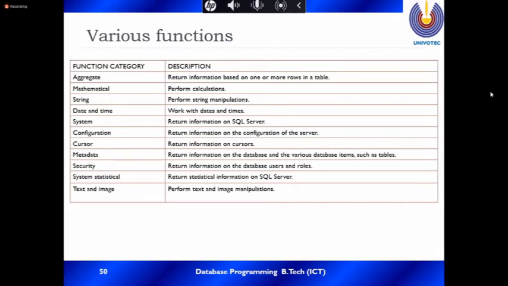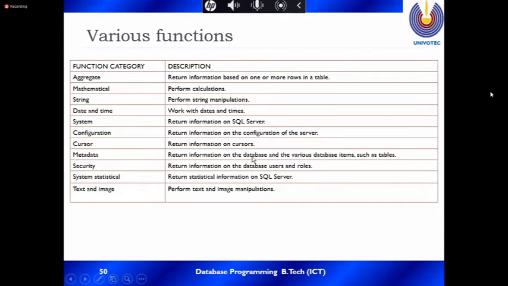Date and time functions work with dates and times. System functions return information on SQL Server, for example if we want to read our system time. Configuration functions return information about the configuration of the server. Cursor functions return information on the cursors.